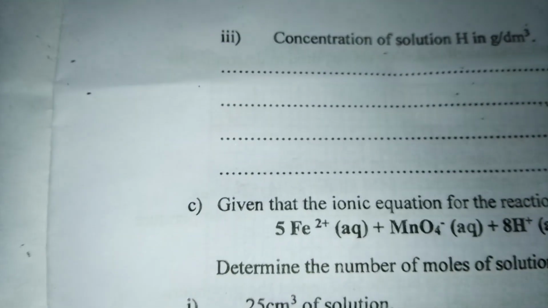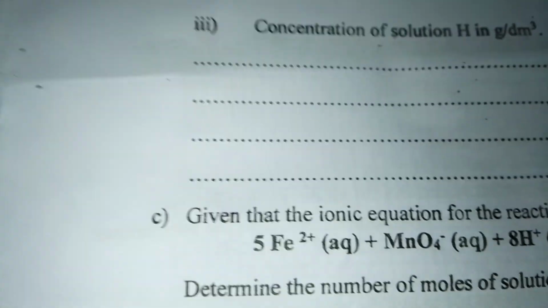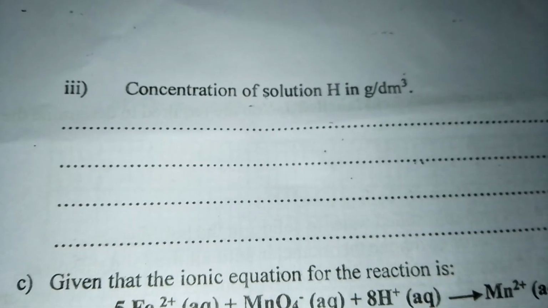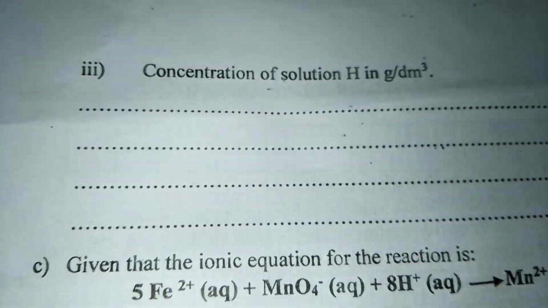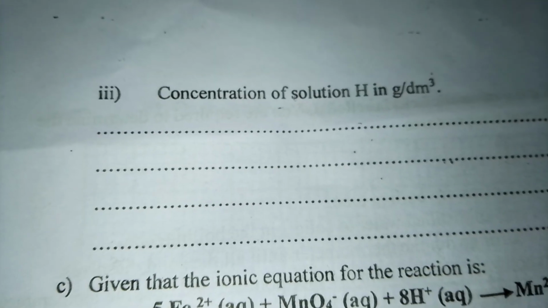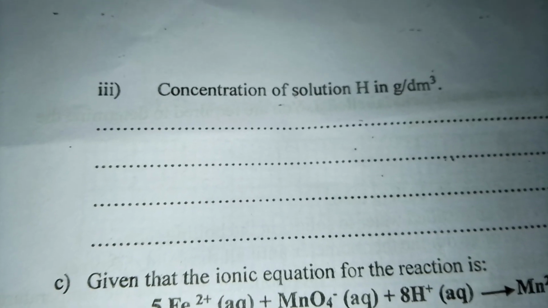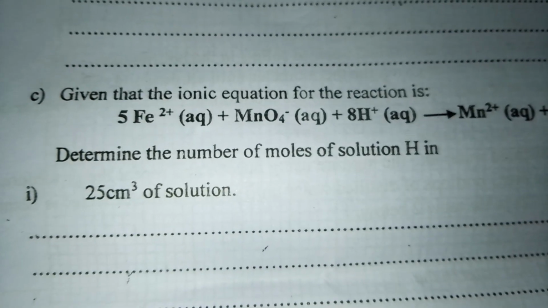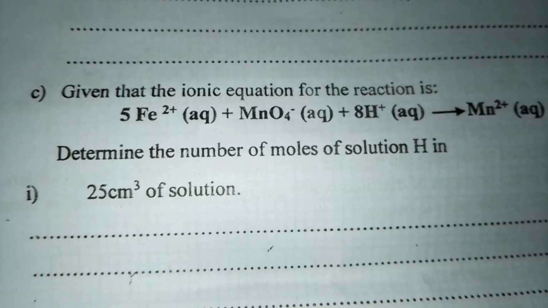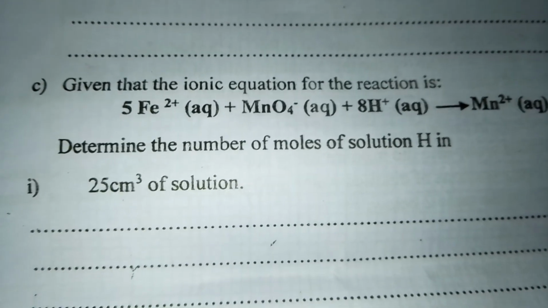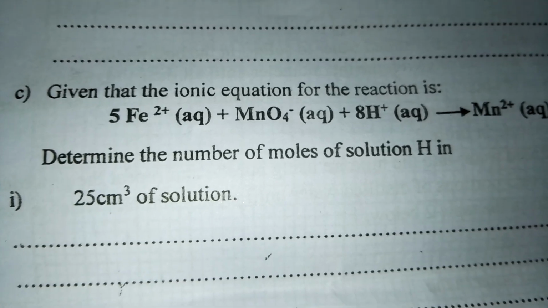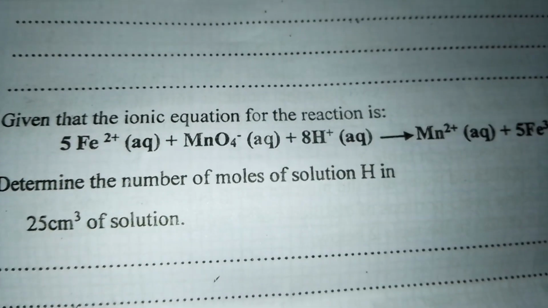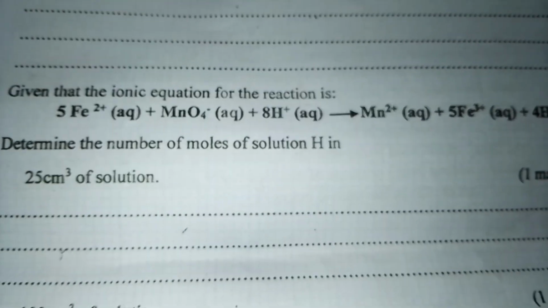Then, Roman 3, we have been told to calculate the concentration of solution H in grams per dm cubed. And then we have been told, given that the ionic equation for the reaction is that equation, as you can see it,